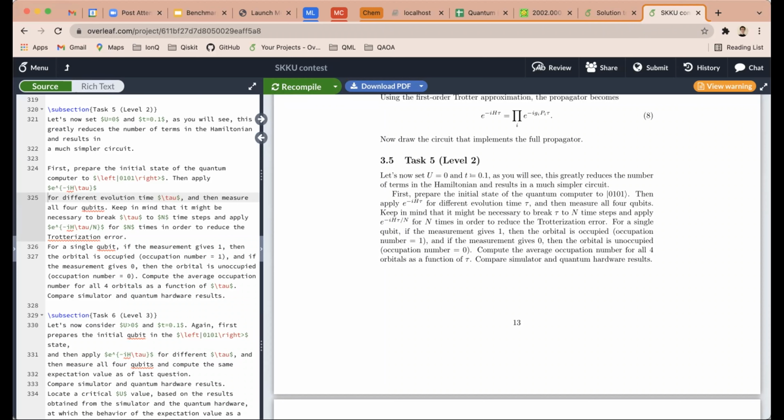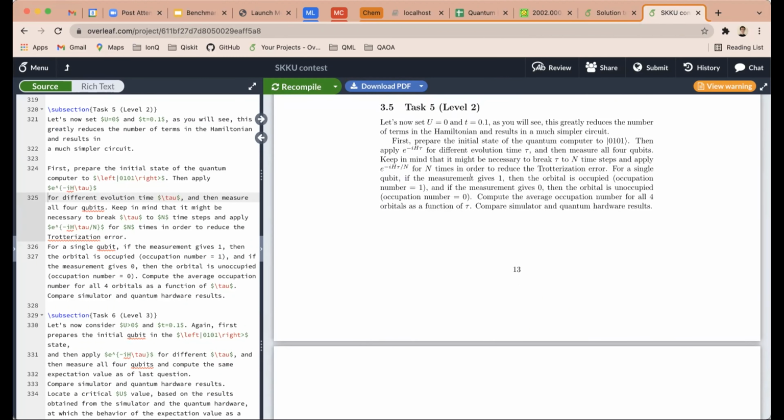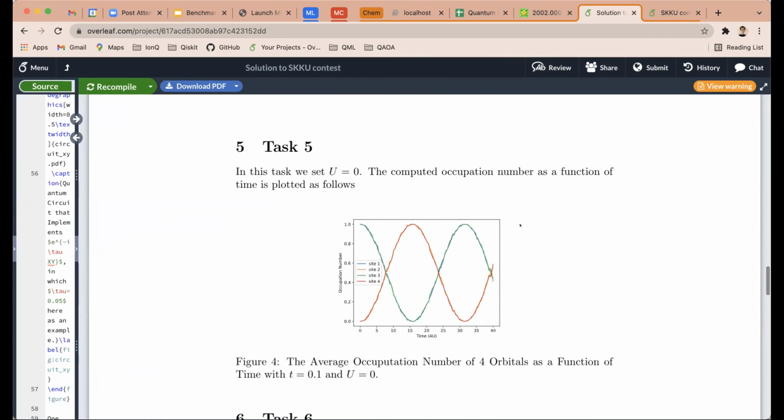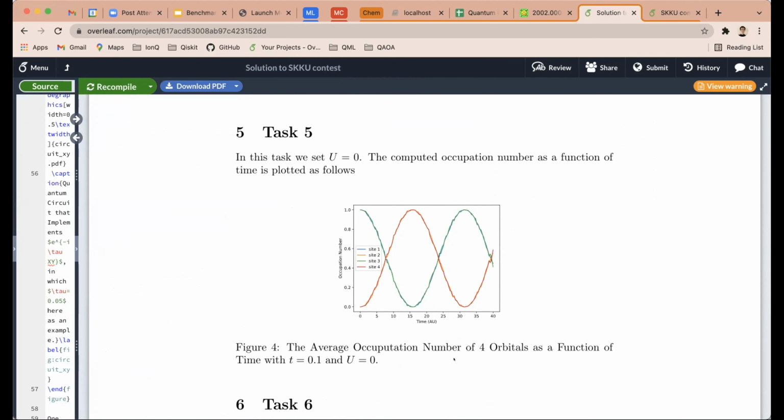Measure over time, and measure all 4 qubits, right? Right. Once this propagation time has passed, we measure the 4 qubits to obtain the orbital occupation. And then if you do the time evolution of the occupation number, it looks like this. If the time evolution looks like the graph shown here,